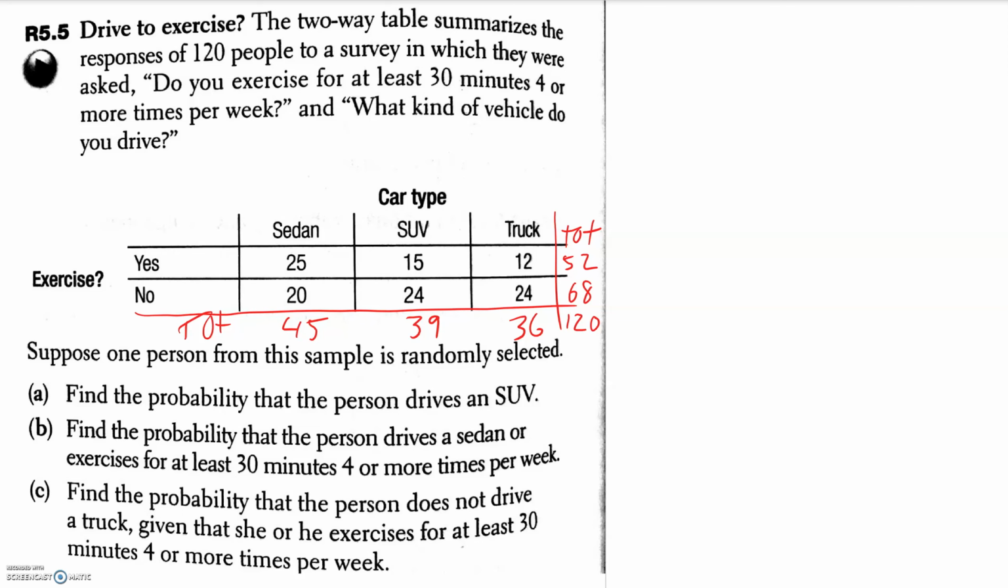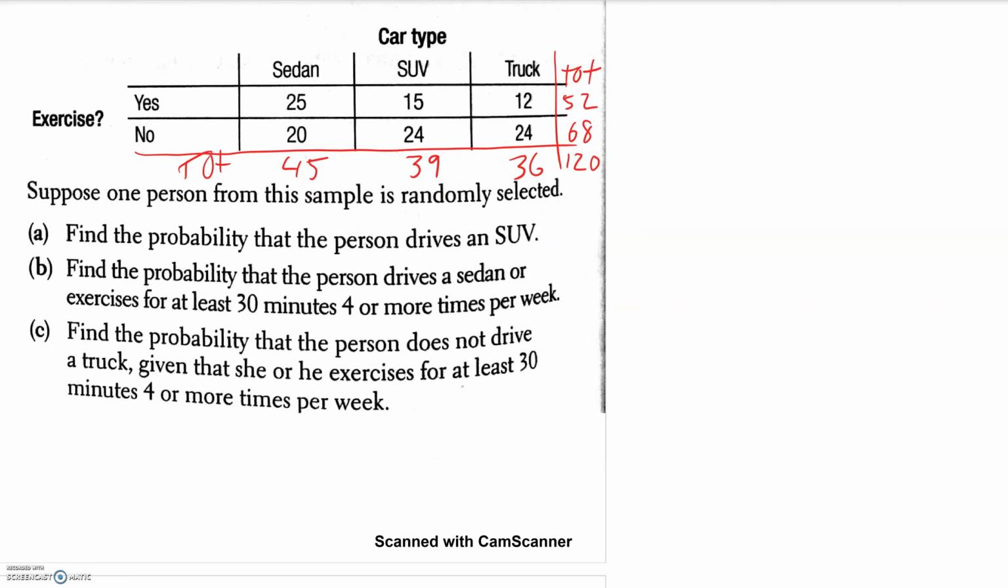All right, looking good. So now we need to find the probability that the person drives an SUV. So probability of SUV, you're basically looking at this column here, which is 39 out of 120. And that would be it for A. Next up, part B. So find the probability that the person drives a sedan